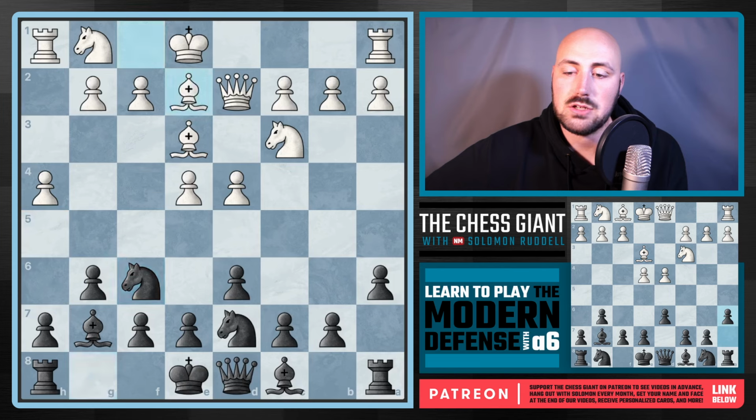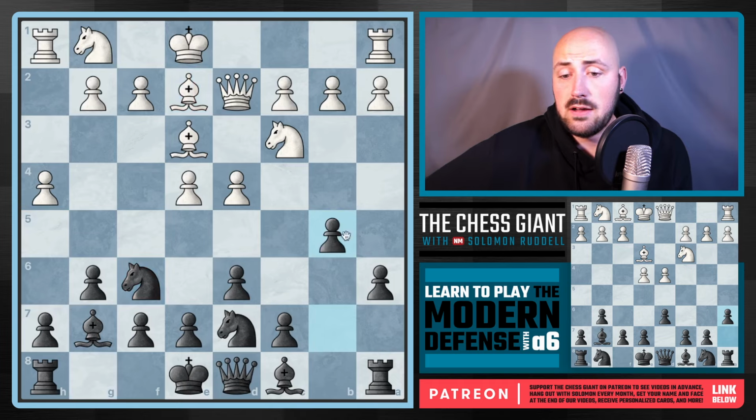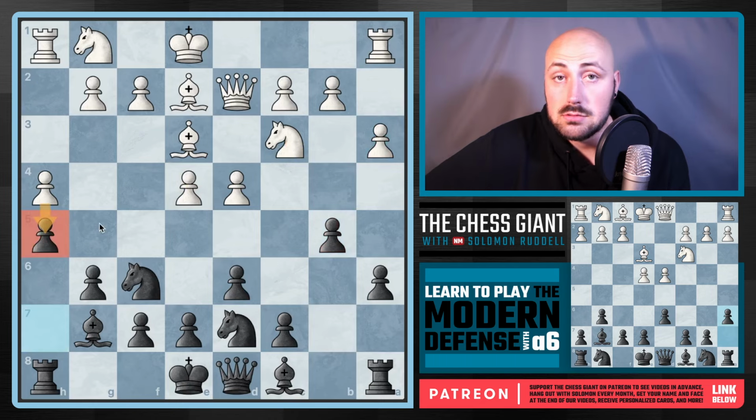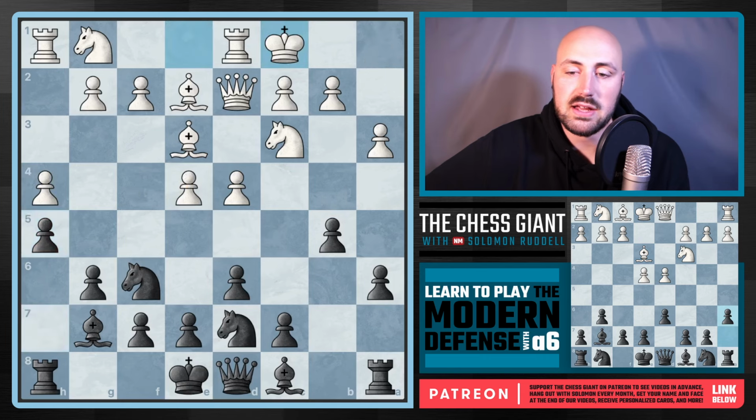If a move like bishop e2, here you can actually play the move of b5, because we're threatening to kick that knight and then capture on e4. So that is an option. But once that's stopped, I recommend just playing h5. You don't want that to happen, right? You can make a threat and all that kind of stuff if you want to, but once there's no threat, just put an end to this, okay? And here, if a move like castling queenside,